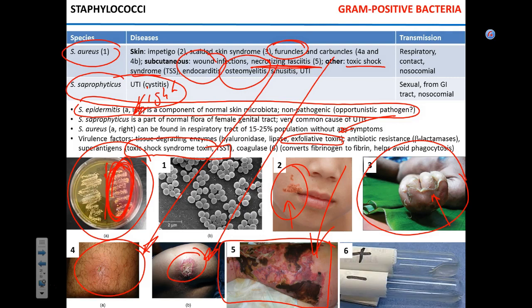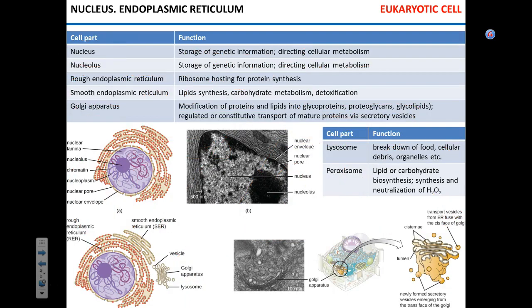Any questions? So we've got a nice little wrap up with bacteria. We're not going to move any further, as you can imagine. I will see